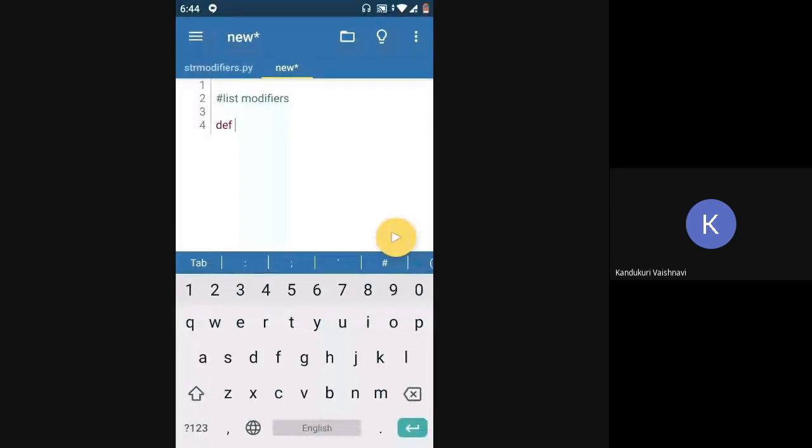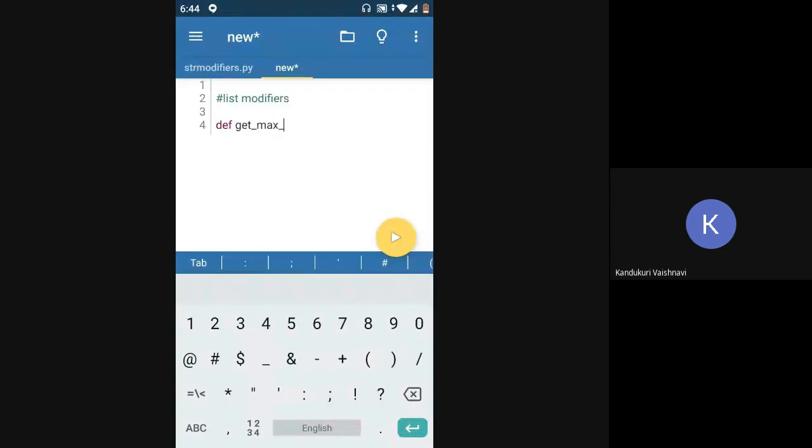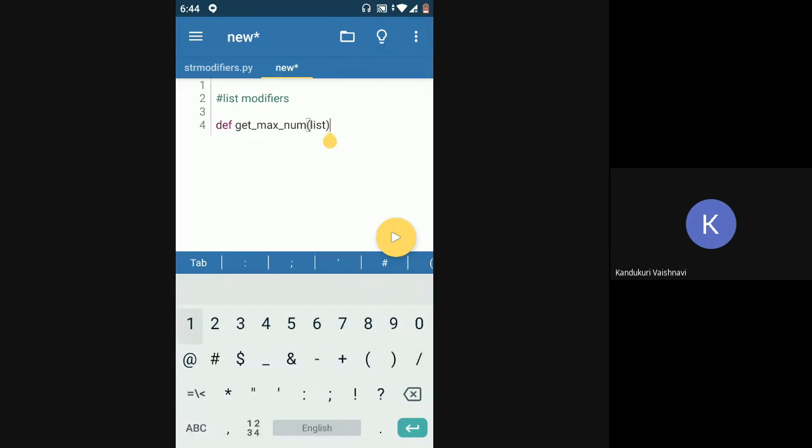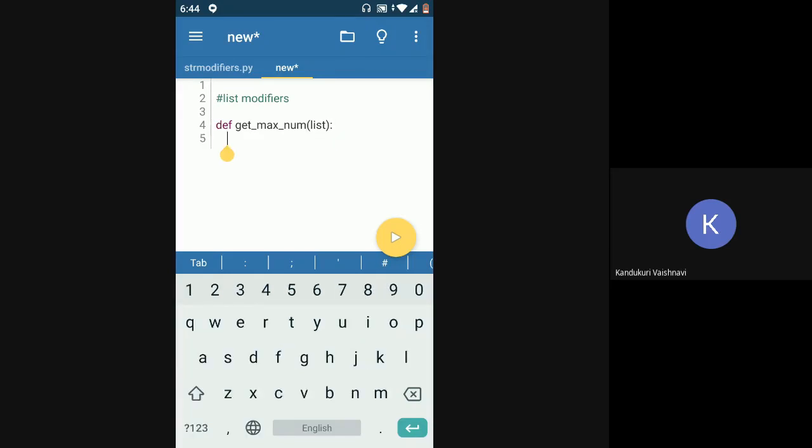Yeah, we can use the max function. So I'll just say get max num from list. You have a list and it will return the max number from the list. Return max list.